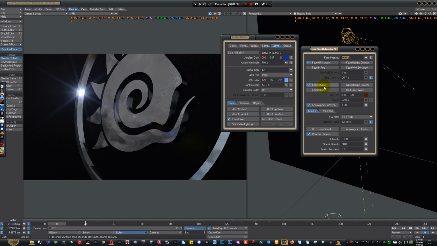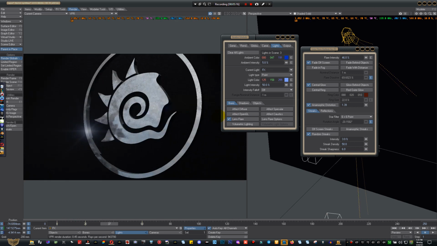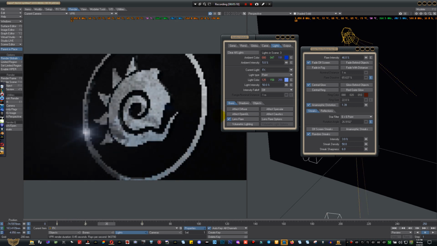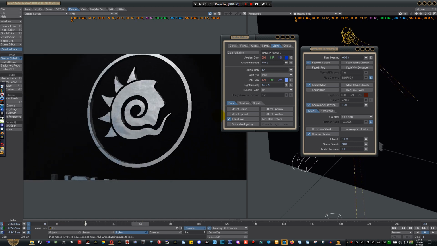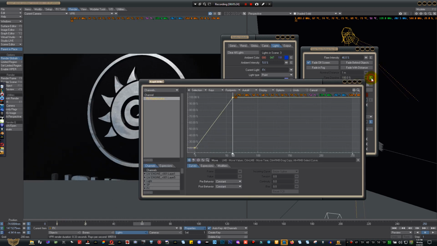We have central glow on, anamorphic distortion set to that. We have the star filter at 6.6, and we have random streak store. The settings are there, and we have envelope the flare dissolve because we faded off at keyframe number 60. So if I just tap this envelope, all I did was click